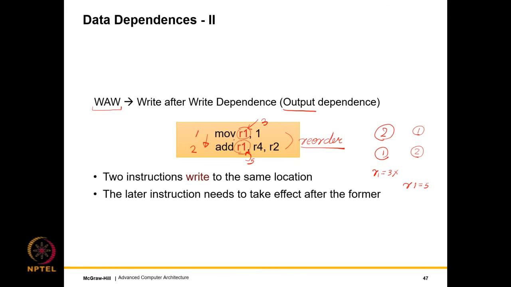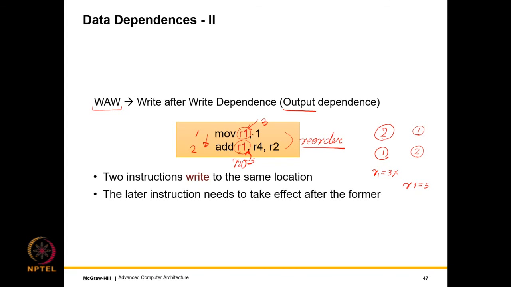Let us look at this closely. What we will actually get to see is that the reason we have such dependencies in assembly code is basically because we have a finite number of registers. If I had an infinite number of registers somehow, then instead of sending the output to R1, I could have sent it to R20.